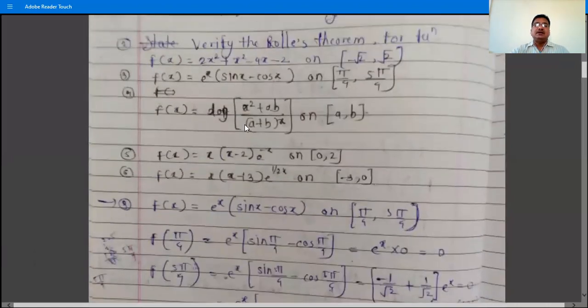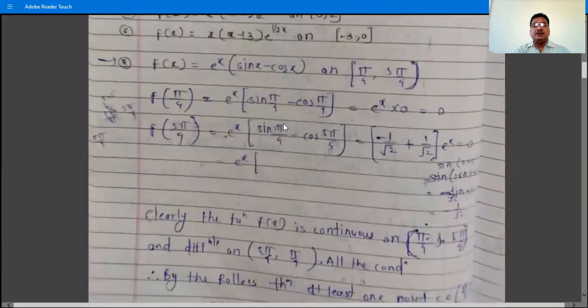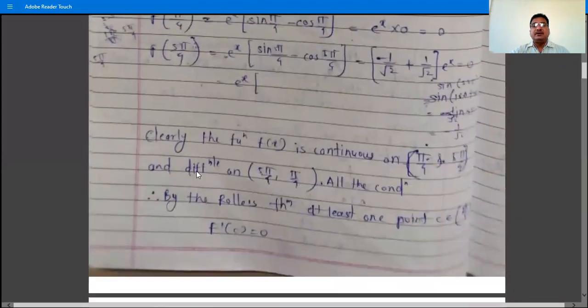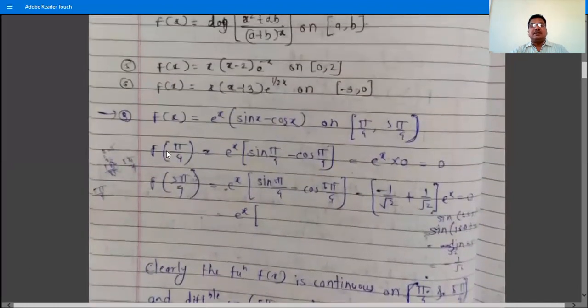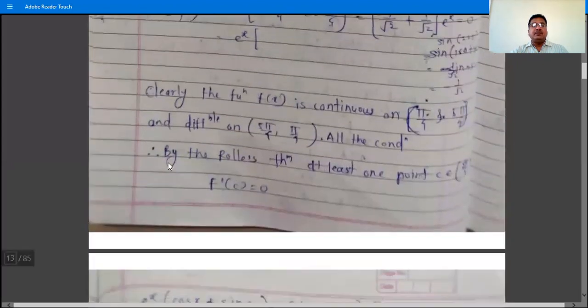Because this function is what? It is a trigonometric function, exponential function, and trigonometric function. And a trigonometric function is continuous and differentiable everywhere. Therefore, this function is continuous on the closed interval, differentiable on the open interval, and the third condition is already satisfied by this function, that is f of a is equal to f of b, and therefore all the conditions of Rolle's